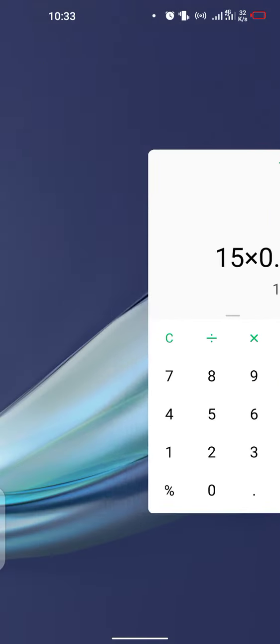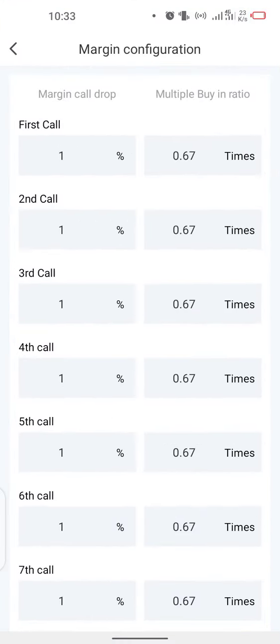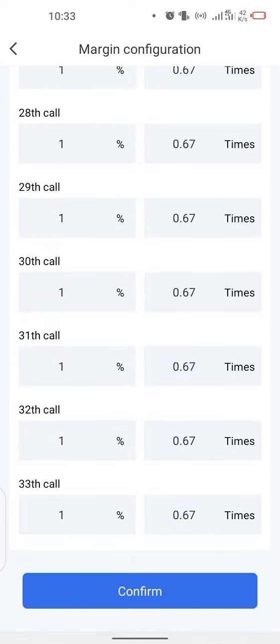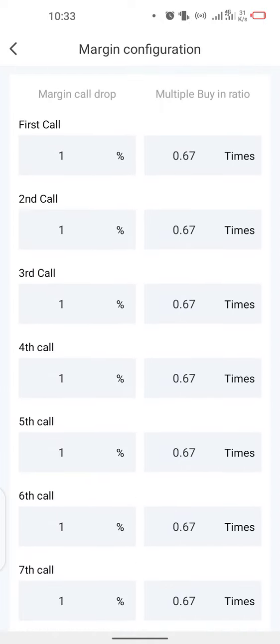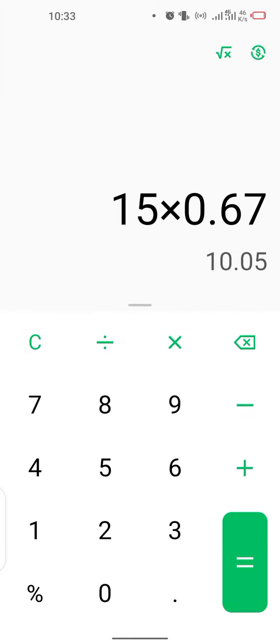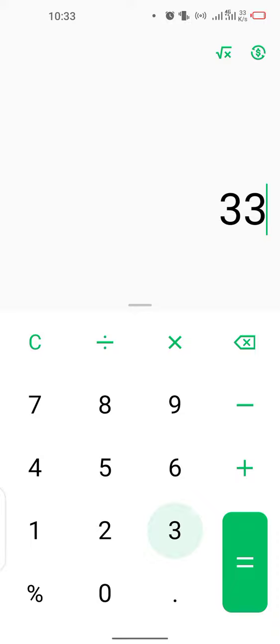33 times deep. So I want to reduce this to create more margin calls. Now it means if we buy 33 times, this is 10 times. Okay, now we know that this is 10 times. Let's get back to the calculator. Okay, now remember we have 33 times